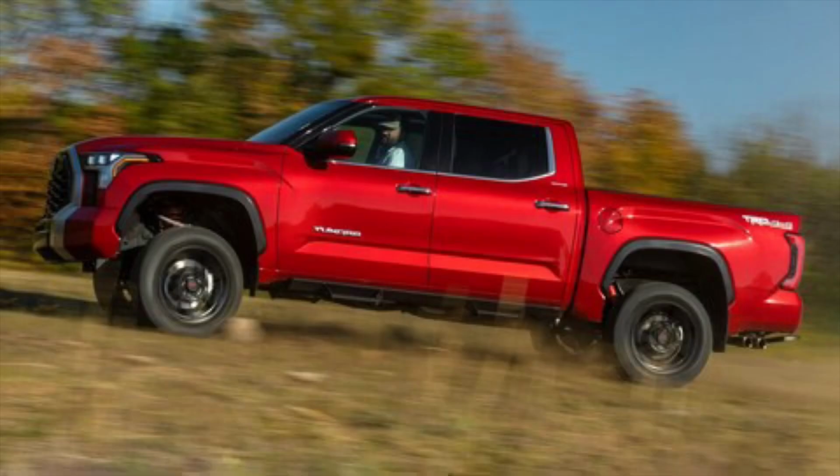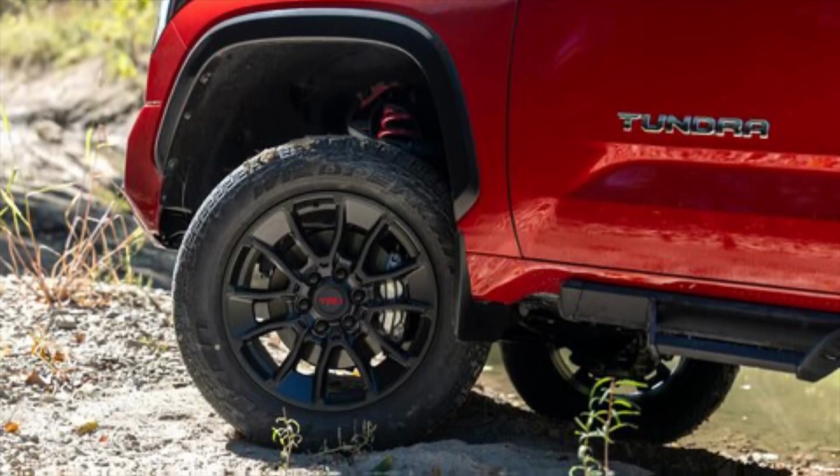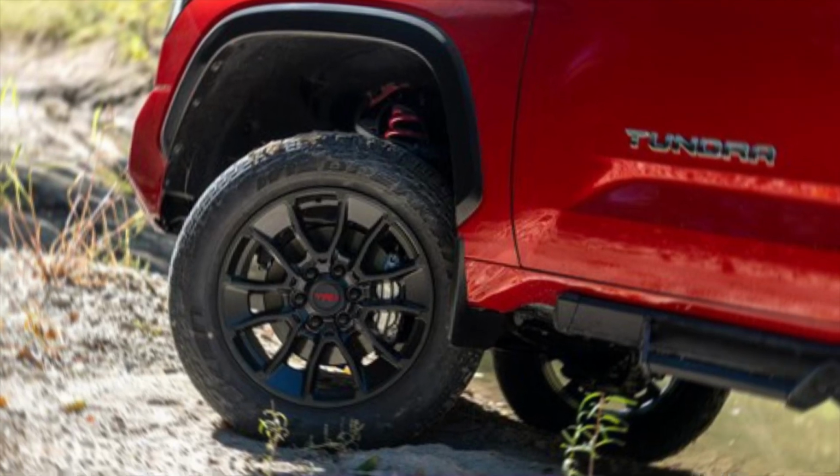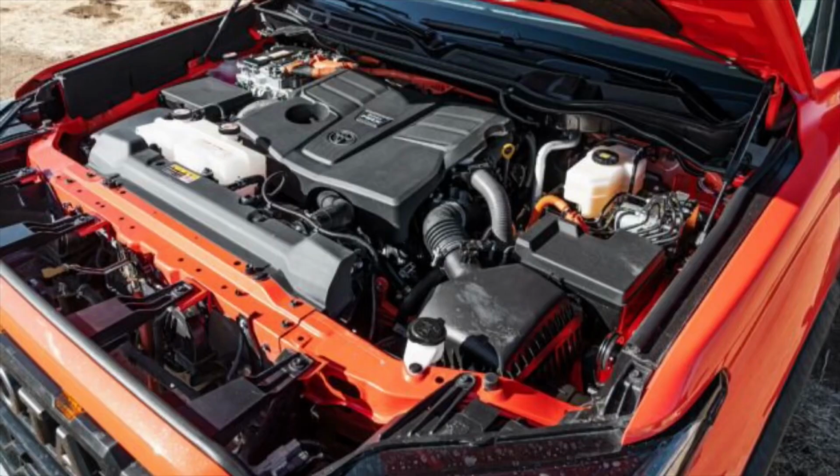With a longer wheelbase, wider stance, and optional 35-inch tires, it's ready to conquer any terrain, from city streets to mountain trails. Speaking of conquering, the Tundra roars with a choice of two engines, a monstrous twin-turbo V6 pumping out